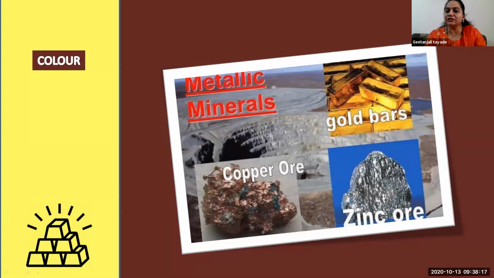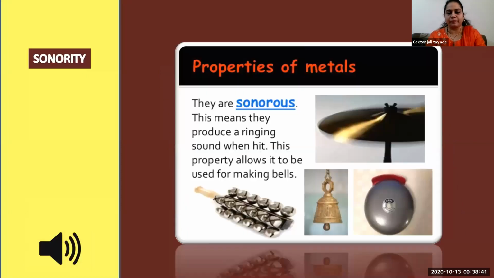Zinc has a whitish color shine, and silver has a gray shine. So that is also easily identifiable. Aluminium again has a silver luster. That is again different, but after looking at the different metals, you can easily identify whether it is zinc, silver or aluminium. So they have a unique color.